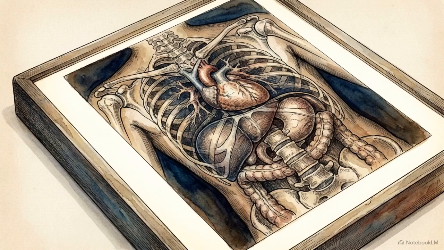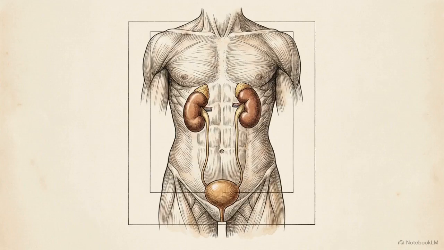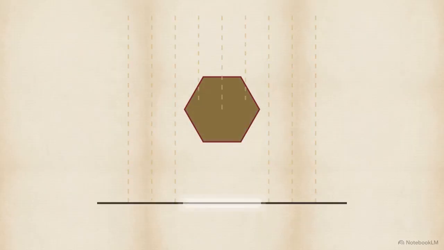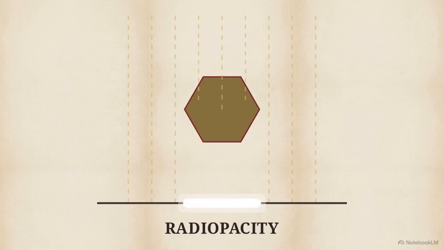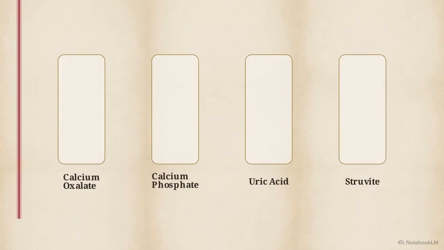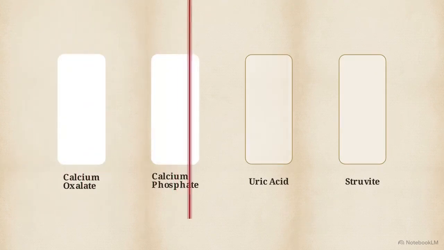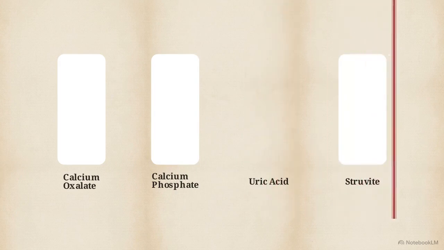We require radiographic evidence to narrow the field. The standard KUB X-ray, capturing the kidney, ureter, and bladder, serves as the primary filter in our diagnostic algorithm. Dense chemical structures absorb the radiation from the scanner. Because the beams cannot pass through the stone, it casts a shadow, appearing white on the film. This is radioopacity. When we sweep the X-ray filter across our structural model, we introduce a crucial bifurcation in the